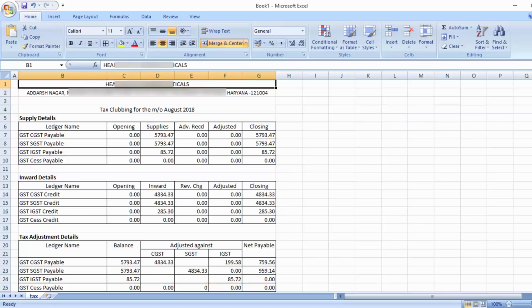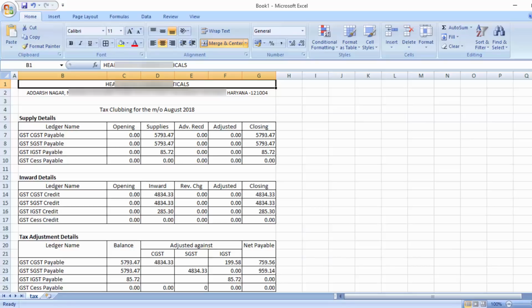Purchase is subtracted from sale, and we have to pay to the government the output which is left after the adjustment. The software will auto adjust this, which you had to do manually. You have to submit the output which is left of the sale part, and from the purchase part, meaning the inward part, the input which is left with you is received from the government.